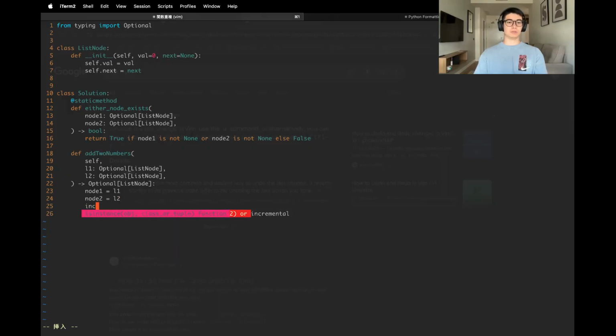Okay, so incremental equals false initially, and total to nodes. I want to start it from 1 if incremental or 0, and if node 1 is not none, then node 2,